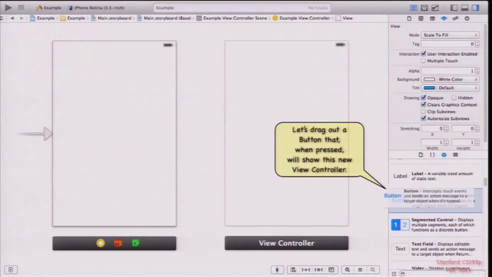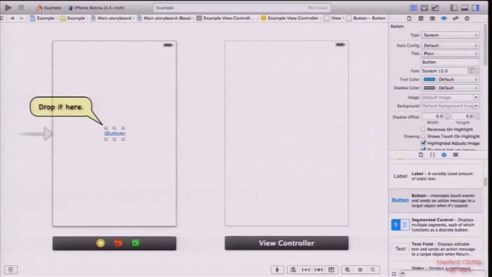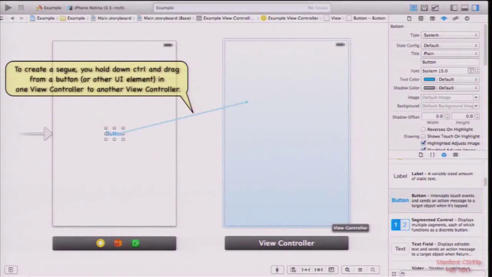What we're going to do now is drag a button into the left scene. When we click that button, it's going to slide in a UINavigationController. It's going to push it. So we're going to put that button in the left scene, and we're going to create a push segue to the right. Let's put the button there, right in the middle. I'm not going to change the title or anything. To make it segue, all I do is control drag. That's what we do in Xcode. We control drag from the thing that you want